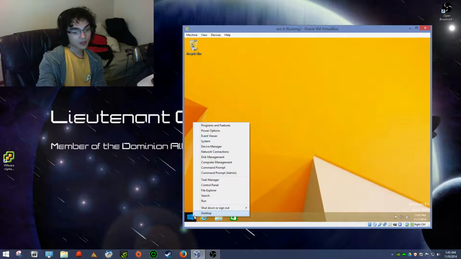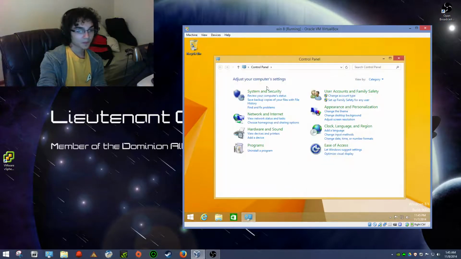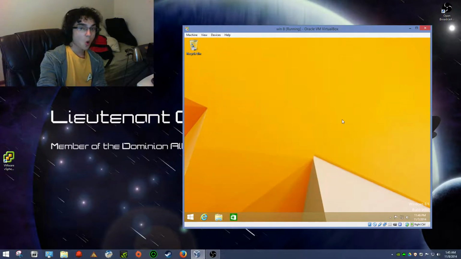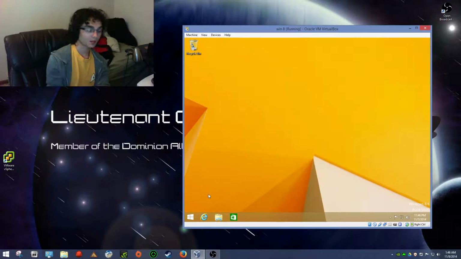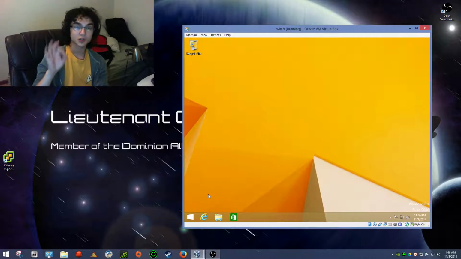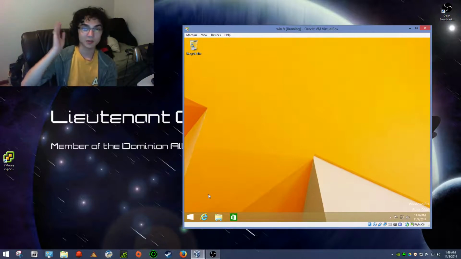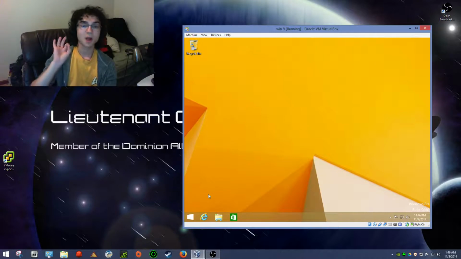If you right-click on it, you will get a little menu, and this has some shortcuts to some awesome administrative tools. What I would highly recommend is that you go into your control panel right here, and you search for updates, and you start running Windows updates so that you are up to date. Or I would highly recommend the simple way, if you want to do it through control panel because you're used to control panel in XP, Vista, 7, and you've seen its progression, by all means use control